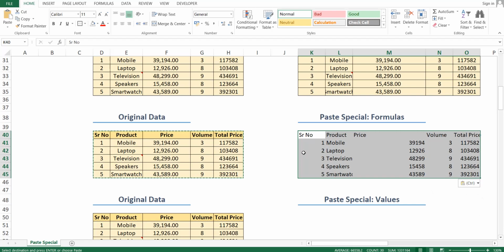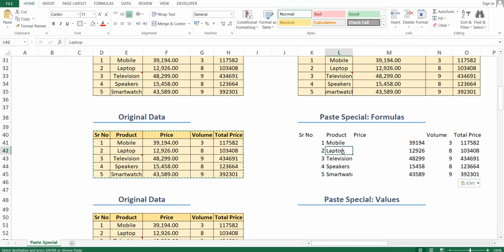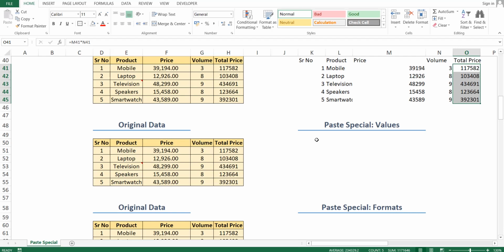You can see that all the formatting, the drop down list, and the comment which is available for the television product in the original data disappear, but only the formula gets copied. Correct? So by using the paste special formulas option, we can copy only formulas from the original location to the desired location.